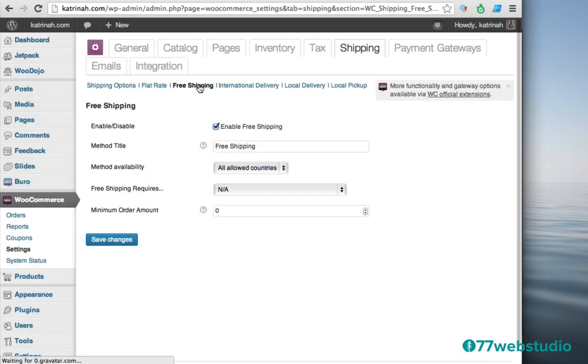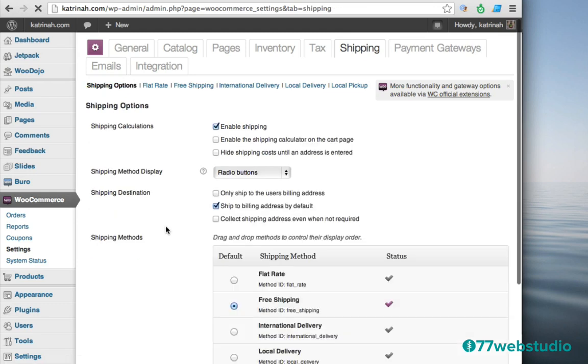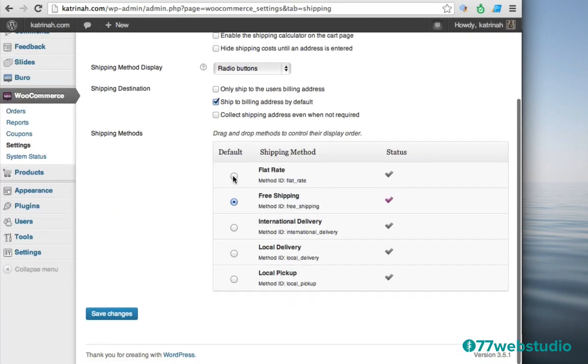Again, this is if you want to have a flat rate shipping of $5. You would disable the free shipping and click on Save Changes. And then you would go to Shipping Options and you would select flat rate and you would click on Save Changes.